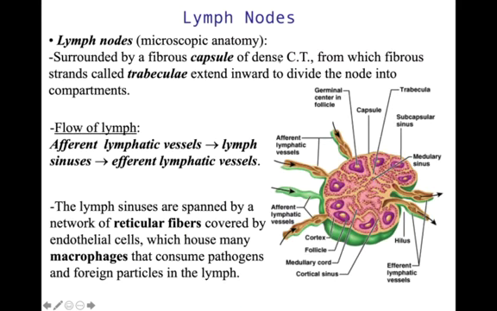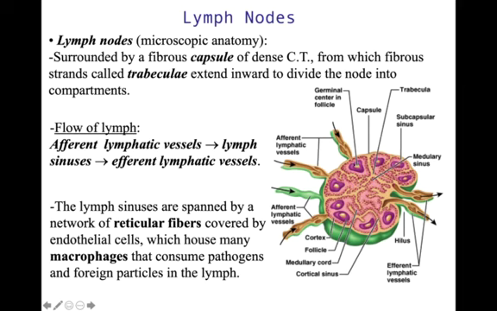If we look closely at a lymph node, again, it's a bean-shaped organ. We have about 500 of these scattered throughout your entire body. The outer part is surrounded by a fibrous capsule. This outer region here is called the cortex. In the middle part here, we call this the medulla, or the medullary sinus. In here, we're going to find what? Well, we're going to find